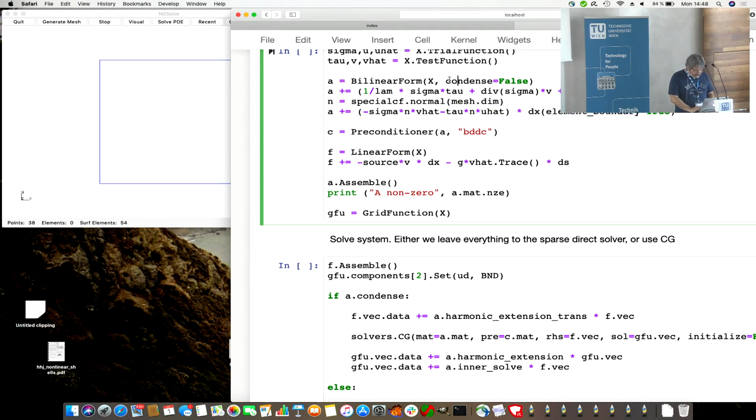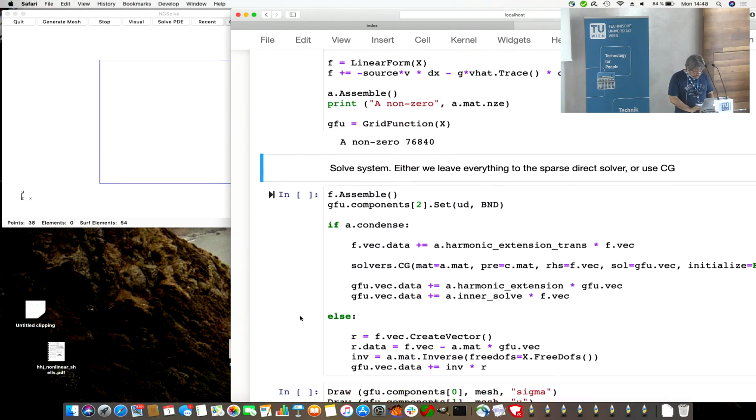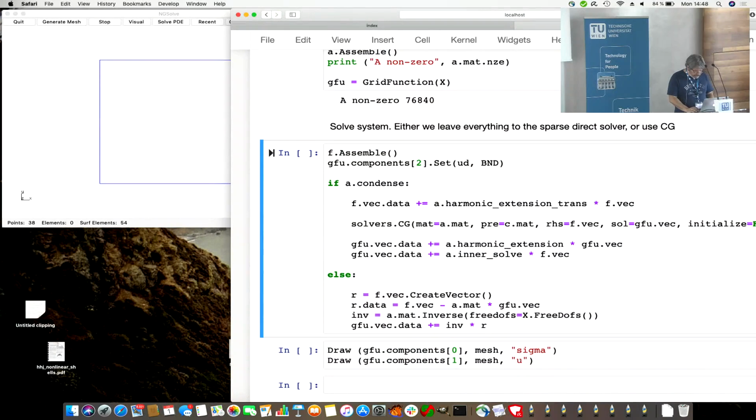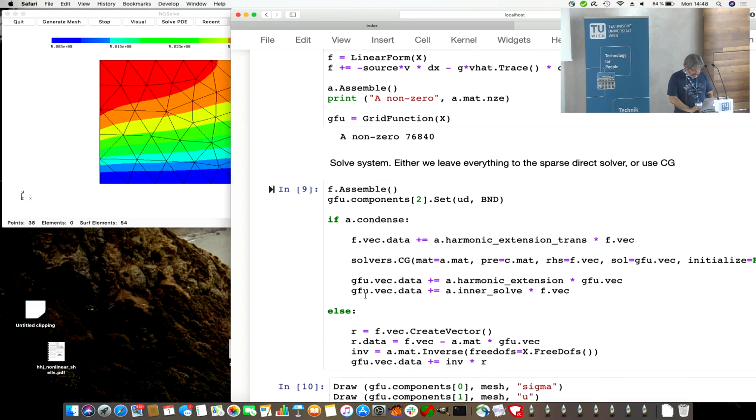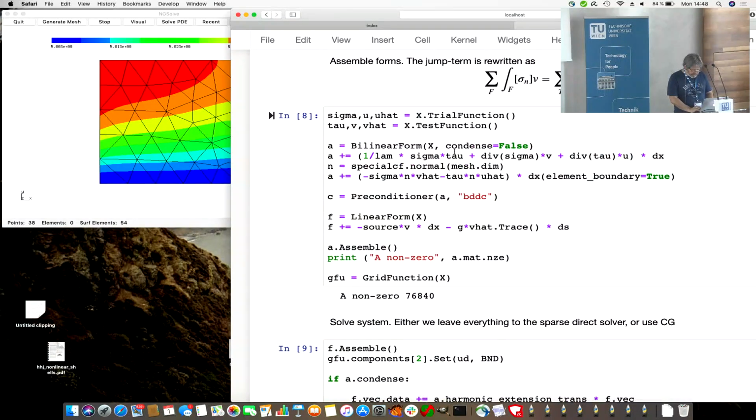Okay, I said condense false here. Right-hand side is as before. Okay, assemble. So if we can condense, we do this. If we cannot condense, we can only use a direct solver, so we get into the second branch. But the interesting part is if we activate condense, make condense true,